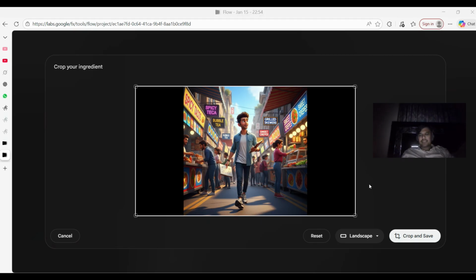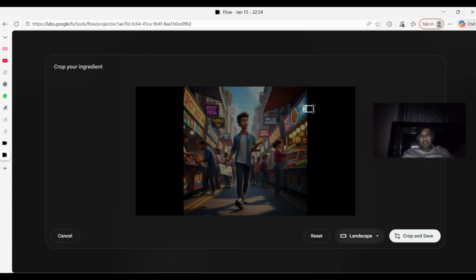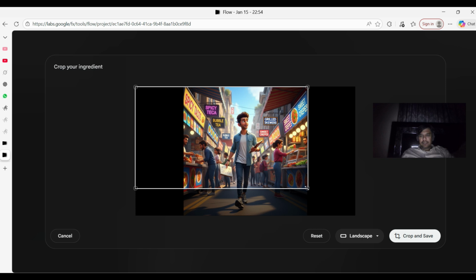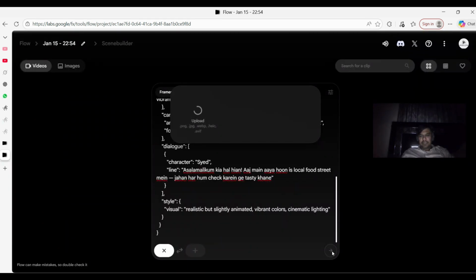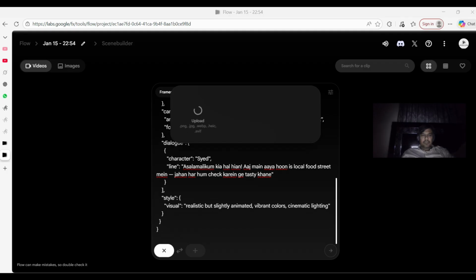And that's it. So now if you want to crop your video, you can do it also. Okay, crop and save. If you want to crop, suppose I want this area only, you can drag it like this and crop and save. Once it's uploaded, the image is still uploading now.